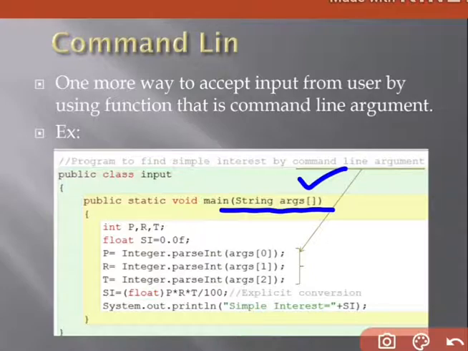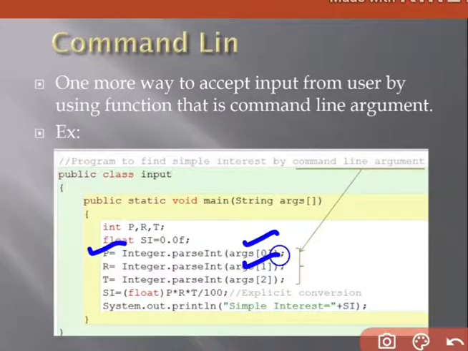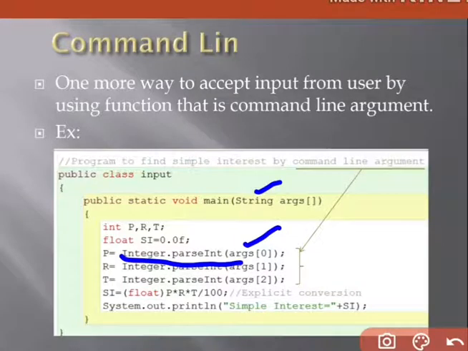See, I want three things as input, that is P, R and T. And now args[0] provides us the value of P, args[1] provides us the value of R, and args[2] provides us the value of T. And Integer.parseInt is a function which converts a string value into an integer value, that is P. args[0] is a string value and Integer.parseInt converts that string value into an integer value. Just remember that.